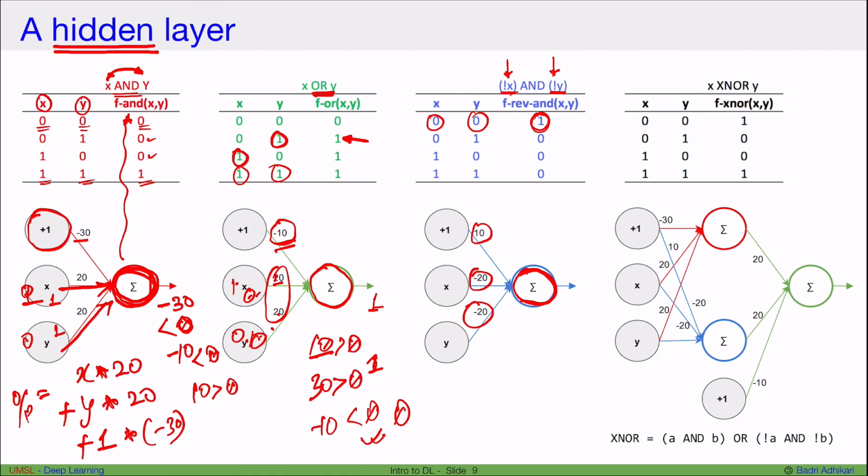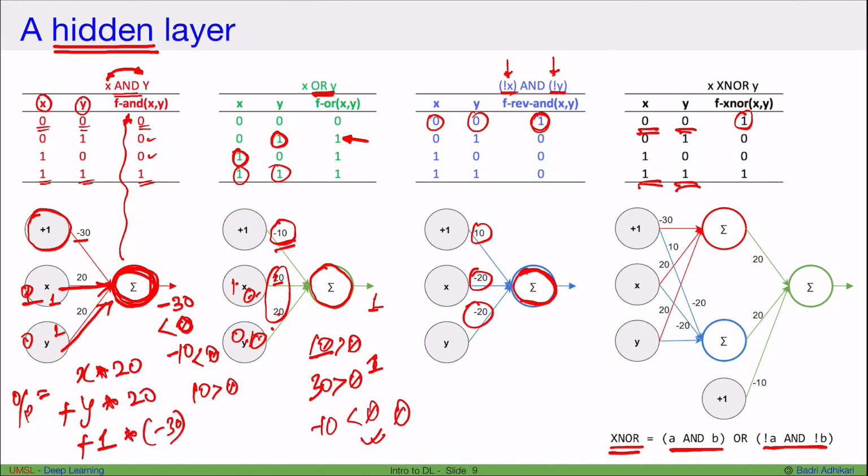Now let's see if we can represent this binary function XNOR using a single neuron. So XNOR can be broken down into A and B or not A and not B. Turns out XNOR cannot be solved using a single neuron. In other words, if we want our output to be 1 when x is same as y,